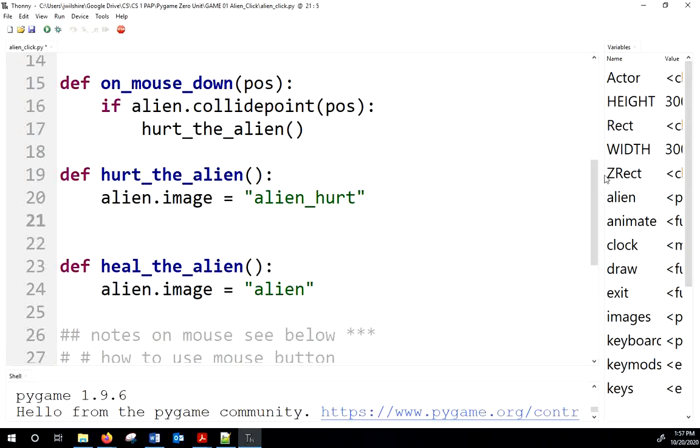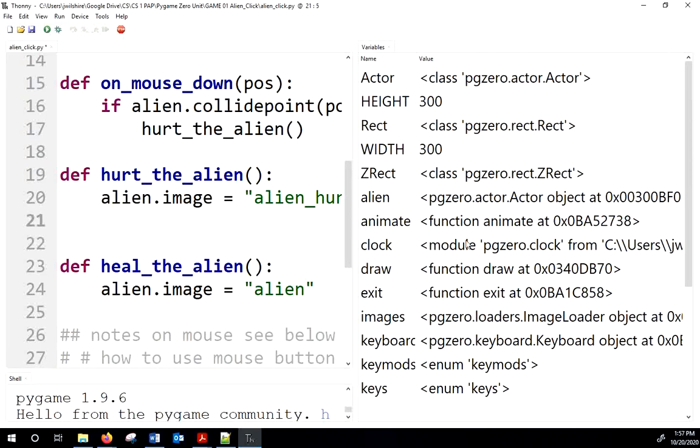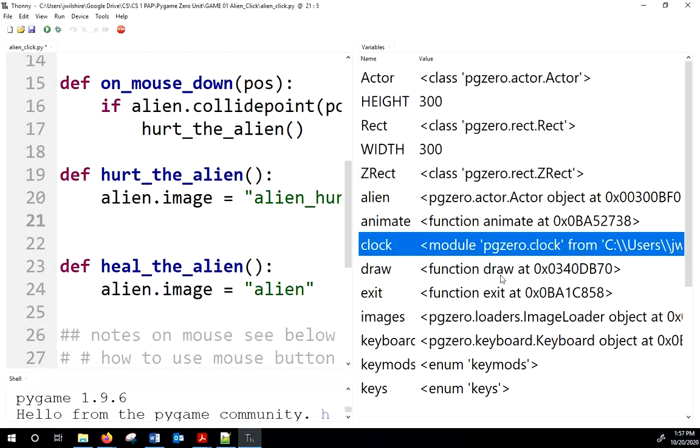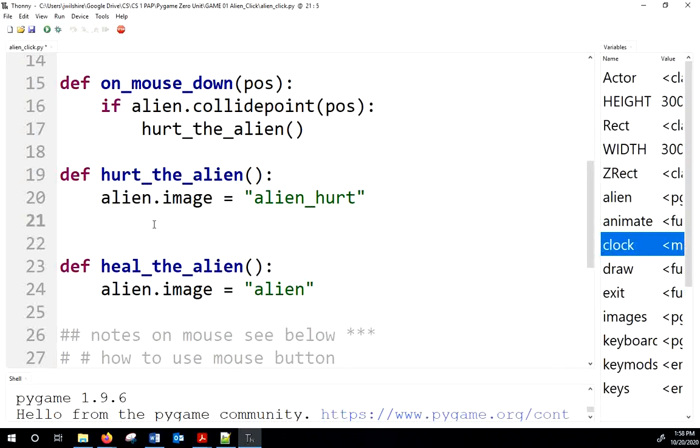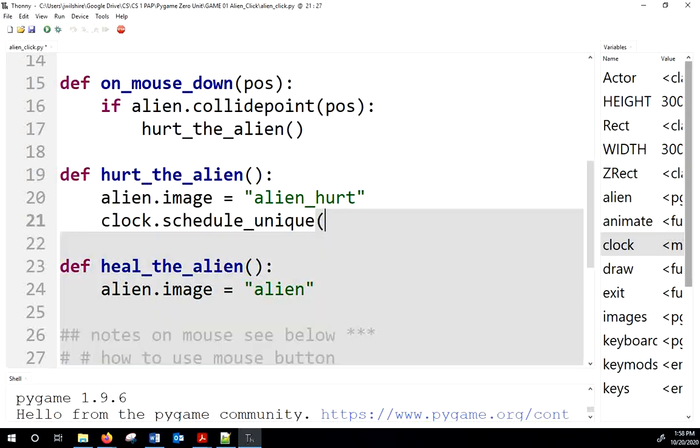So if you look at my variables, remember we talked about the different objects, and objects have methods. We have clock. That's an object, right? Oh, actually it's a module. Never mind. Modules are slightly different. Modules are places for holding other functions. So we have to say clock dot, because it's inside a module. Clock dot schedule unique. Schedule underscore unique is what it's called. You put in the name of the function that you want, and we talked about this earlier